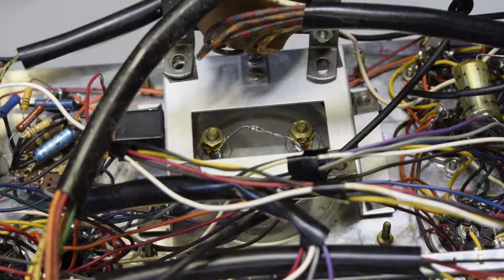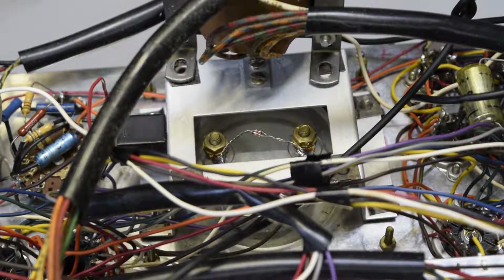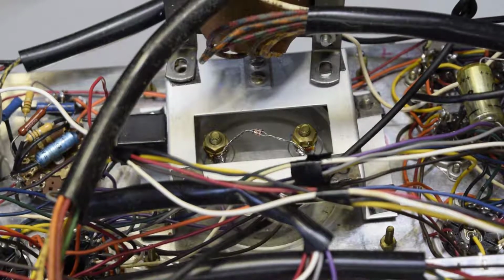Okay, can't get no closer than that. Anyway, working on this